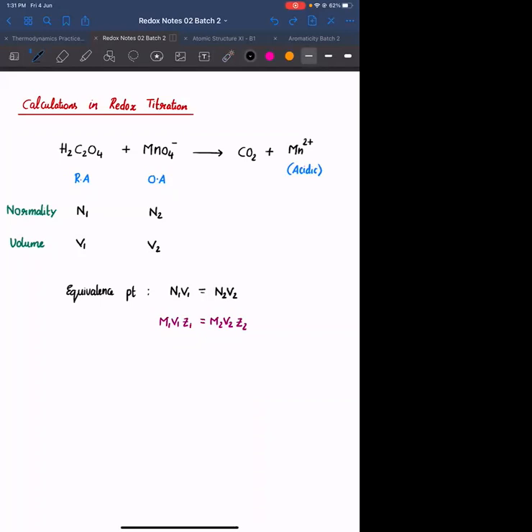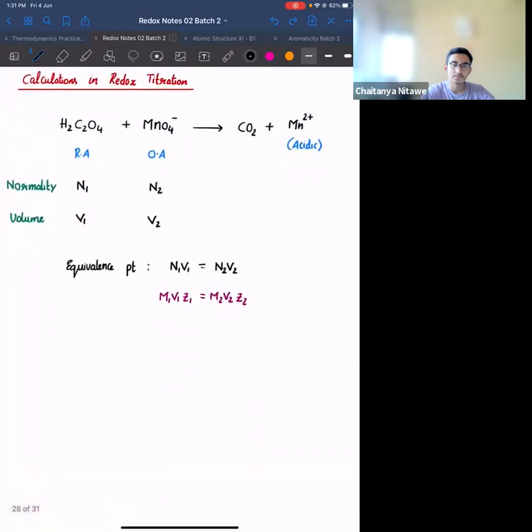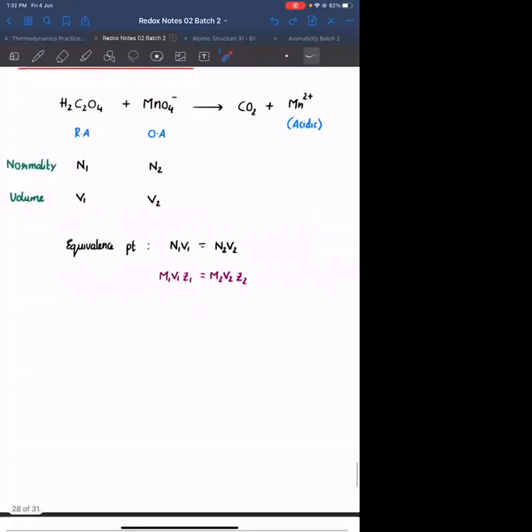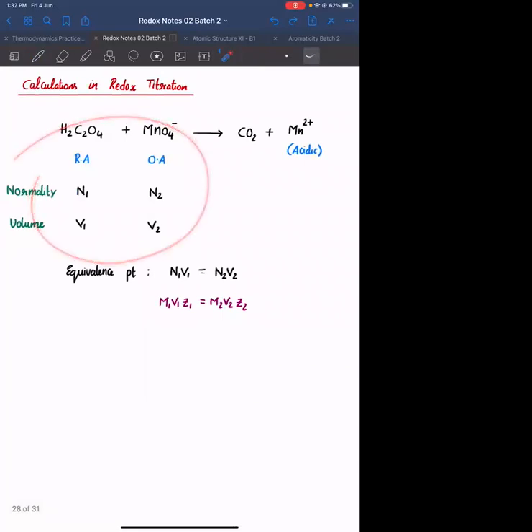Okay. This is experimentally. For solving questions, आपको करना क्या है? Blindly, you need to apply only one equation. Equivalence of oxidizing agent must be equal to the equivalence of reducing agent. Clear? Okay. So please, यहाँ पे आप लोग equivalence point के लिए, what you can do is, you can say N1V1 must be equal to N2V2, or M1V1Z1 equal to M2V2Z2. Can you tell me Z1 and Z2 in this equation? Tell me the values of Z1 and Z2 for this given reaction.